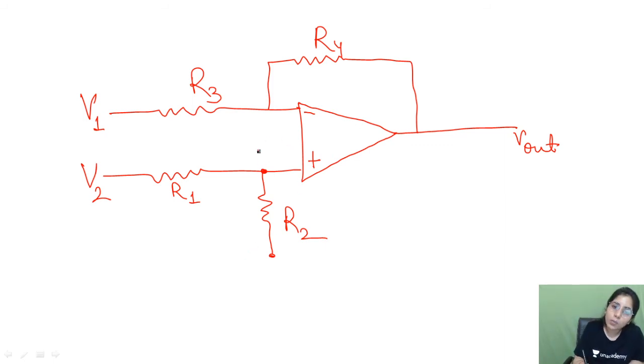So if I want to find the voltage at this point A, okay, because once I will get to know about it, same voltage will be here, and by applying KCL, if they are asking you to find the gain or they are asking you to find anything, you can do that. And this type of circuit is known as the differential amplifier. The feedback has been provided towards the negative input terminal. The another thing is the input has been provided on both the terminals. Okay, now the next point. If I want to find the voltage at the point A, what it will be, how we can know about it?